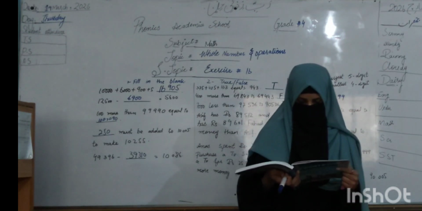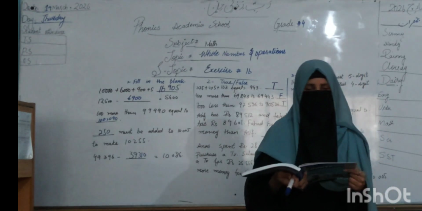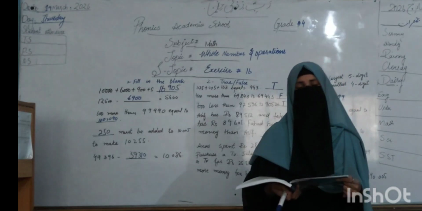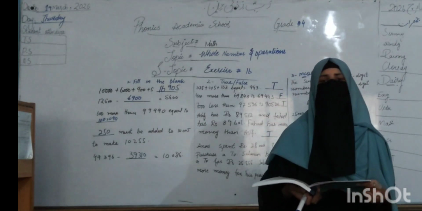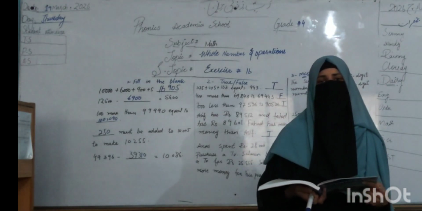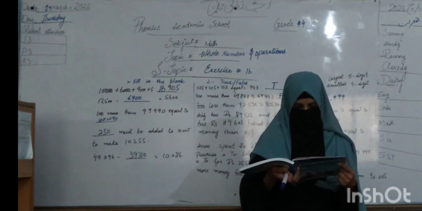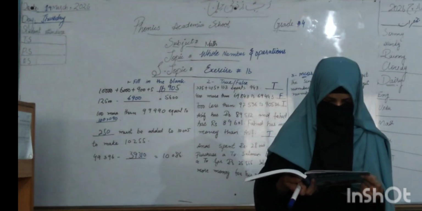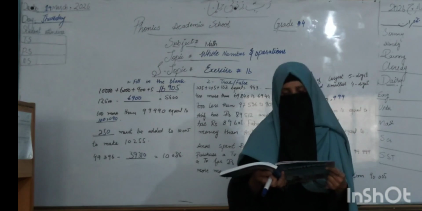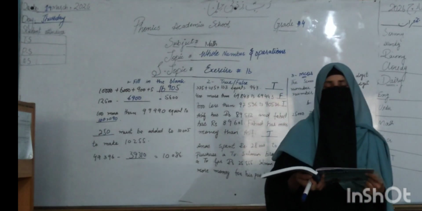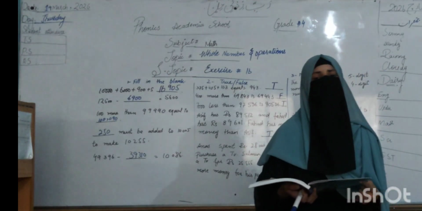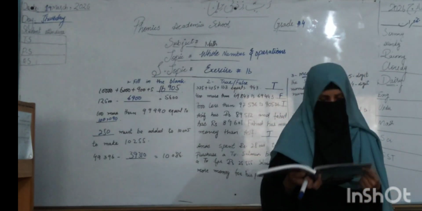19,999, option B 100,999, option C 10,999 and D is 10,099. So option B is correct, because when you add 99,999 plus 1000, the value is equal to 100,999. Next, 25,000 plus 25,000 is equal to 50,000, with options 75,000, 52,500, 50,000 and 2,525. So option C is correct, because when you add 25,000 and 25,000, the value is equal to